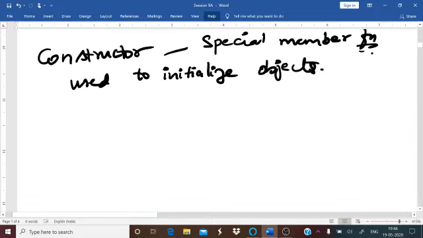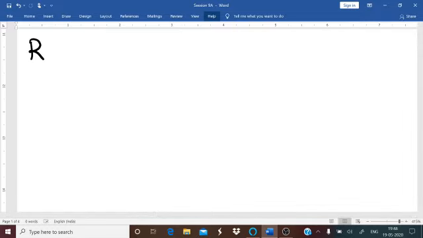Now the next most important part of your constructor is your rules. You have certain rules when you are going to create a constructor. This is an important 5-mark question. What are the rules for constructor?